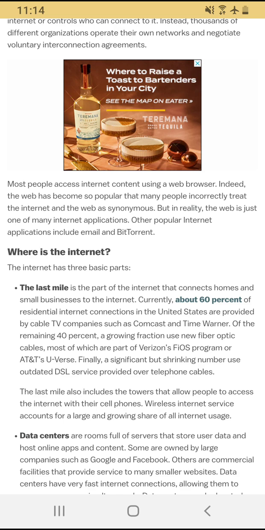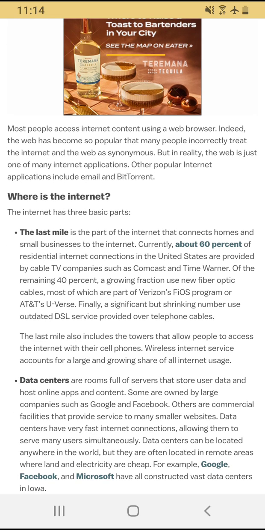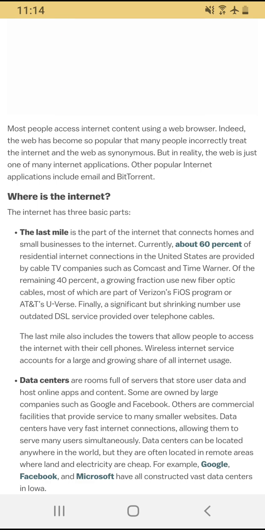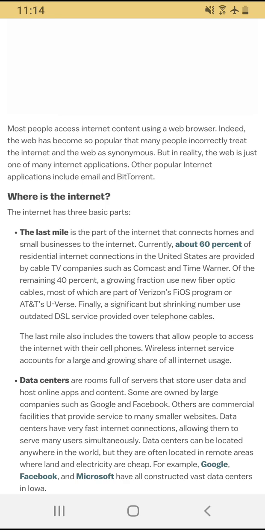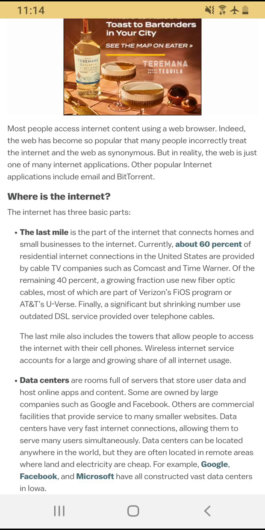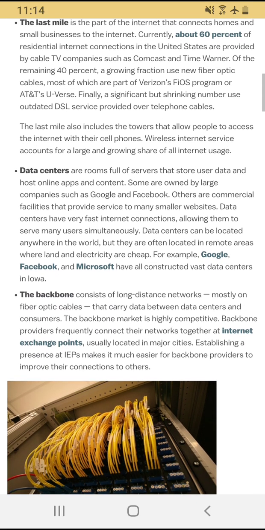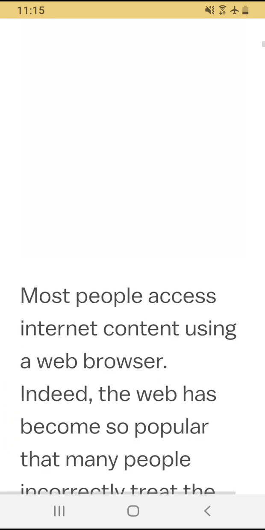The internet has three basic parts. Now, the last mile is a part of the internet that connects homes and small businesses to the internet. Currently, about 60% of residential internet connections in the United States are provided by cable TV companies such as Comcast and Time Warner. The remaining 40%, a growing fraction, use new fiber optic cables, most of which are part of Verizon's FiOS program or AT&T's U-verse. Finally, a significant but shrinking number use outdated DSL service provided over telephone cables. The last mile also includes the towers that allow people...